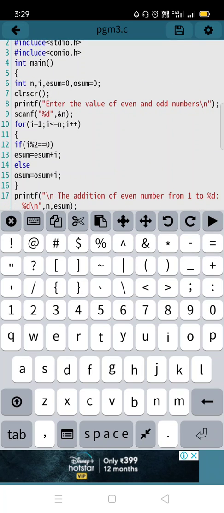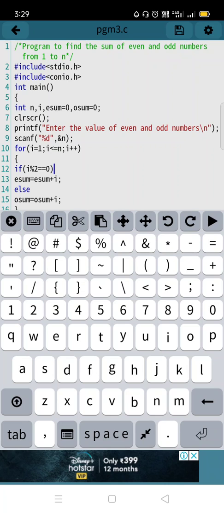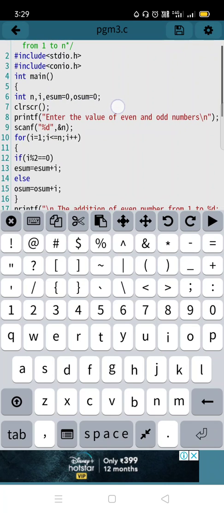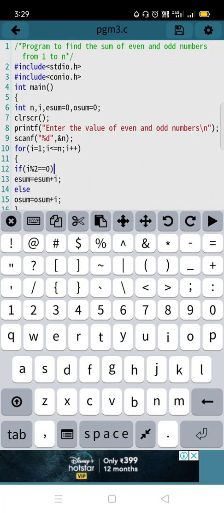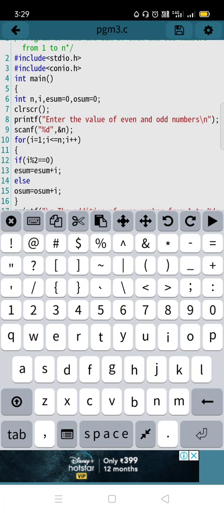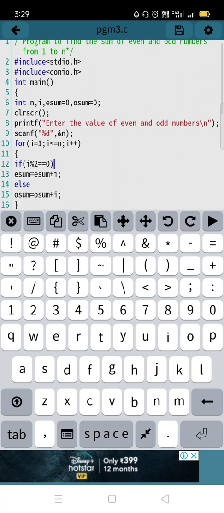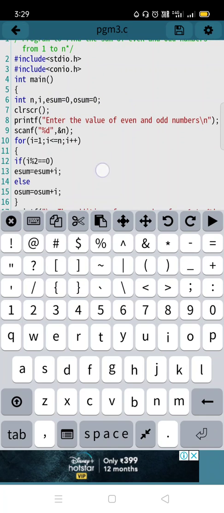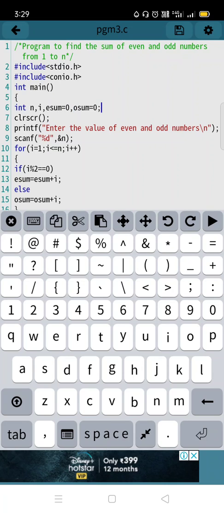Variable is what? It is a name given to the memory location where you can store your values, right? So using int data type, you declared these many variables. How many? 1, 2, 3, 4. For the first, third and fourth variables, you assigned a value of 0. You can see here. Why? I will tell you down here. This is called the initialization section. These variables you initialized.